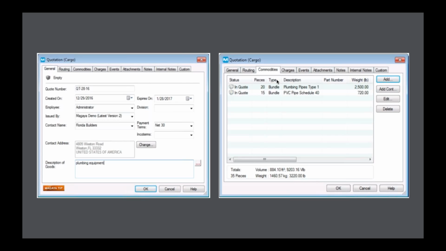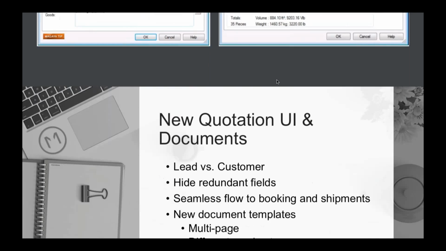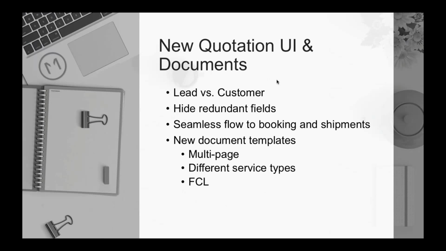So this was something that we wanted to streamline and improve, and we wanted to add new fields to support some of the new features that we've been building for rates. So what we ended up doing